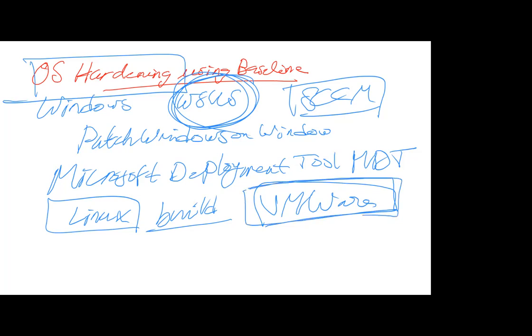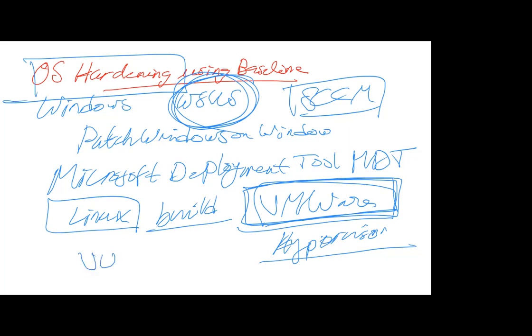VMware is the base of the hypervisor, and the utility which automates the patching and keeps the host itself and the virtual machines running patched is called